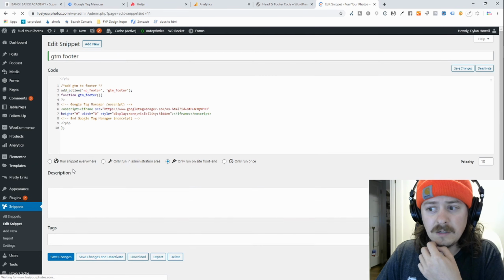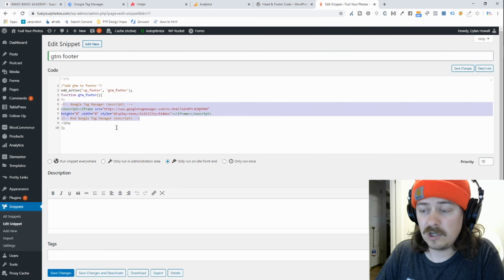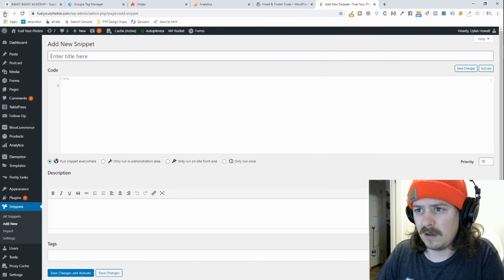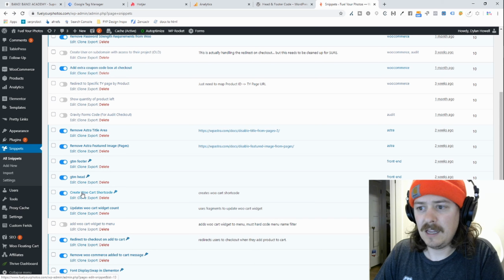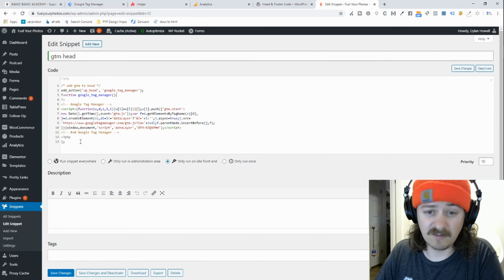And so for a GTM installation, all you have to do is create an action or create a function called GTM footer and run that action. It adds it to the footer, and this is the tag from Google Tag Manager, and it runs. So it's a super simple function. A few Googles will show you how to do it. Adding code to your WordPress site via this plugin is much better for your site than installing a bunch of plugins to add the same sort of functionality. These are just very simple